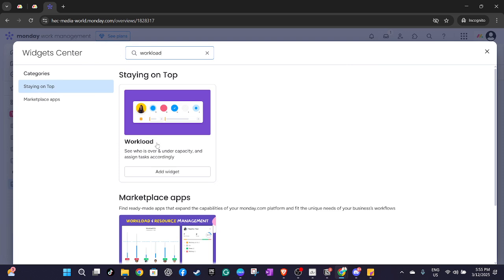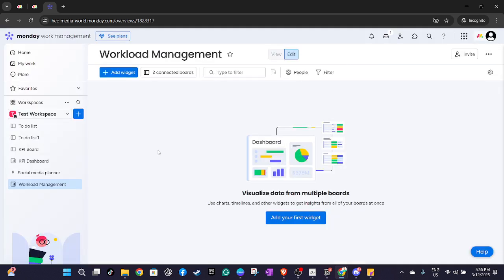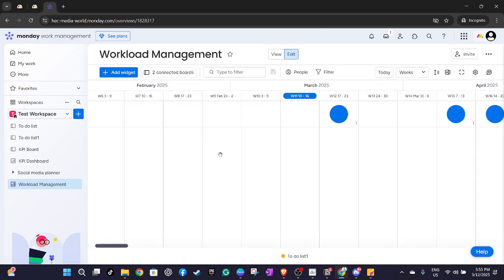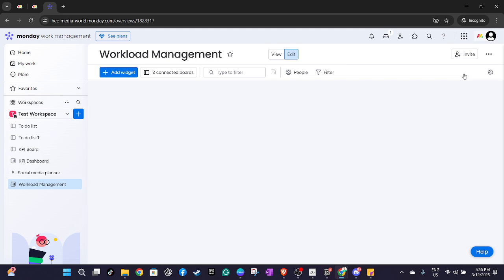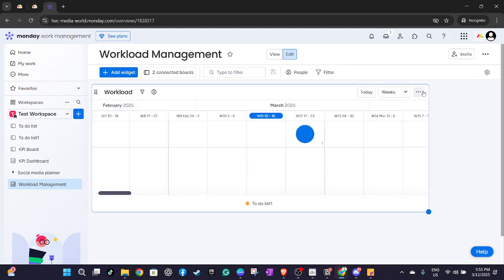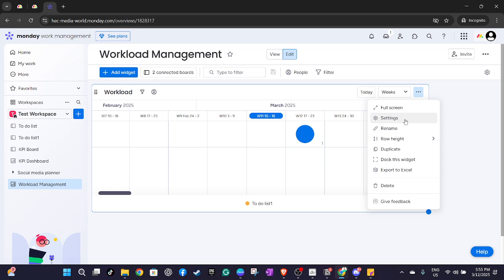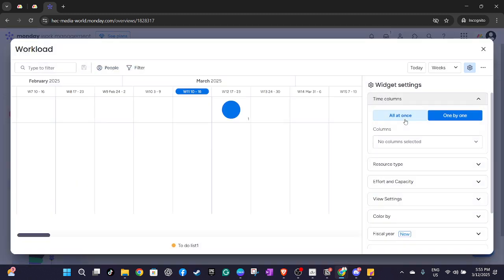Once your workload widget appears, take advantage of the customization options by clicking on the three dotted icon located at the upper right of the widget. This will open the settings menu for the widget, giving you control over how the content is displayed and suits your specific needs. You have the flexibility here to personalize the workload view to make it align perfectly with your